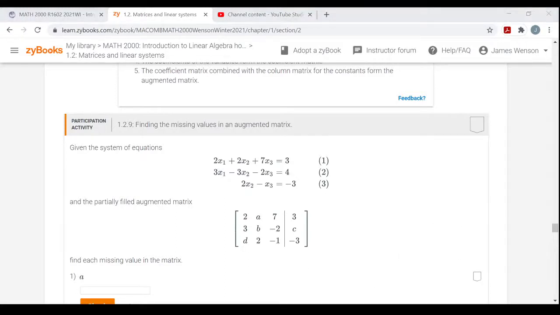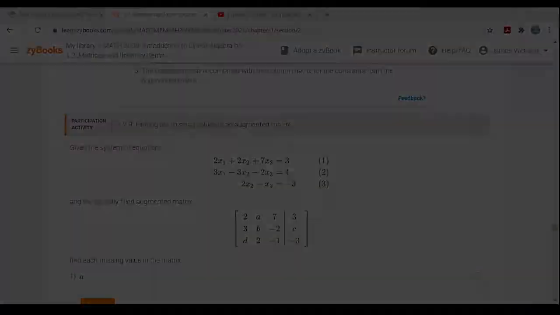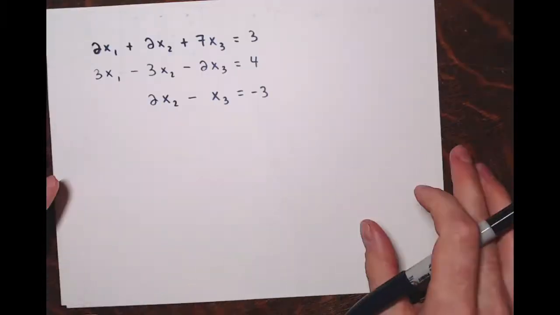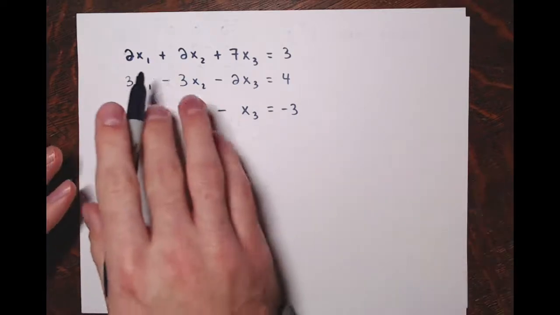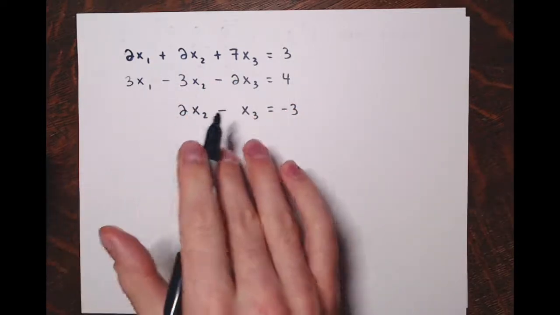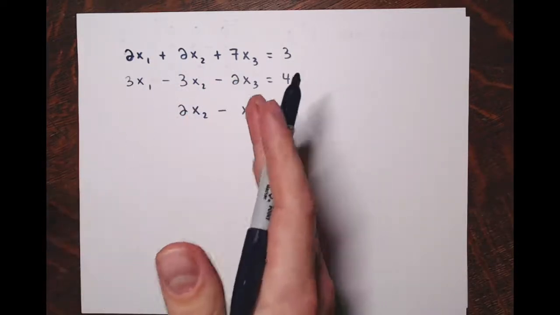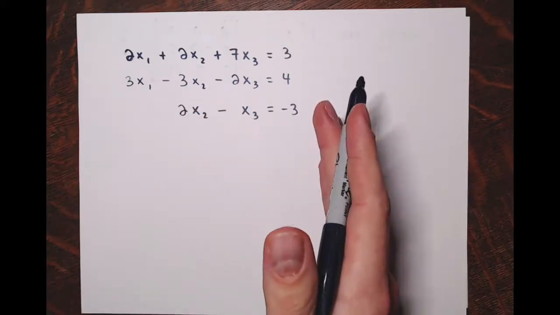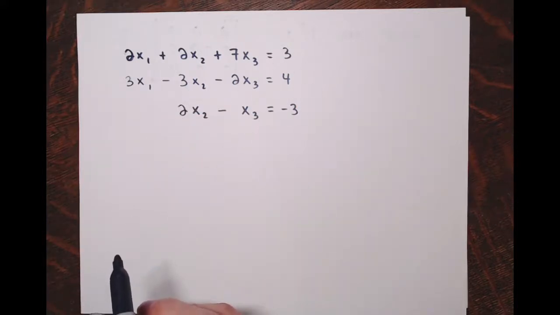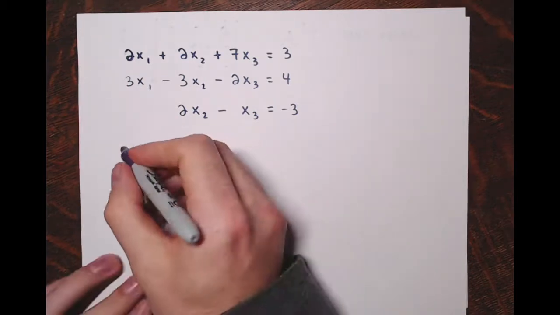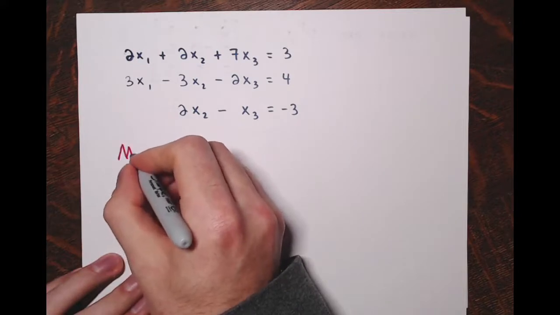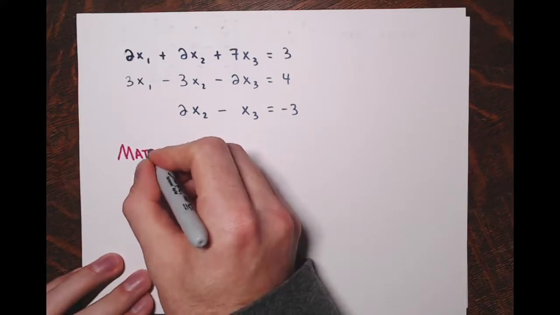Okay, so I've written out this system in the participation activity here. And all these linear equations are set up in standard form, with all the variable terms on one side and constants on the other side of the equal signs. Now the matrix representation of this system